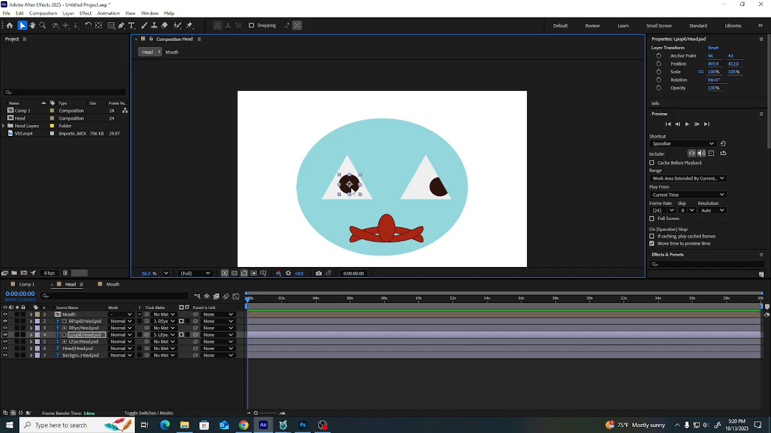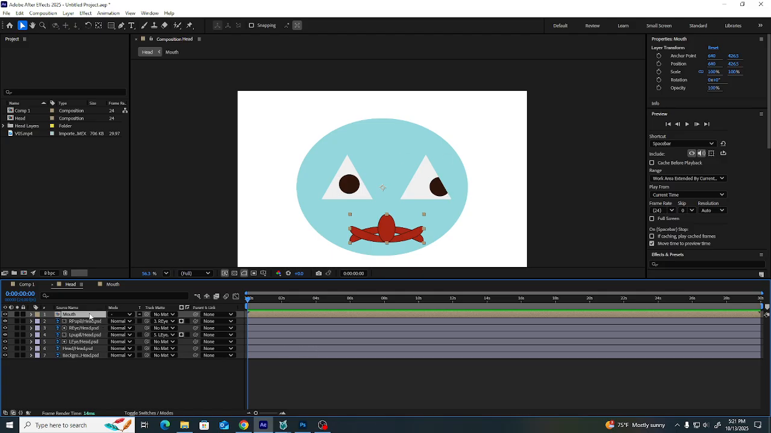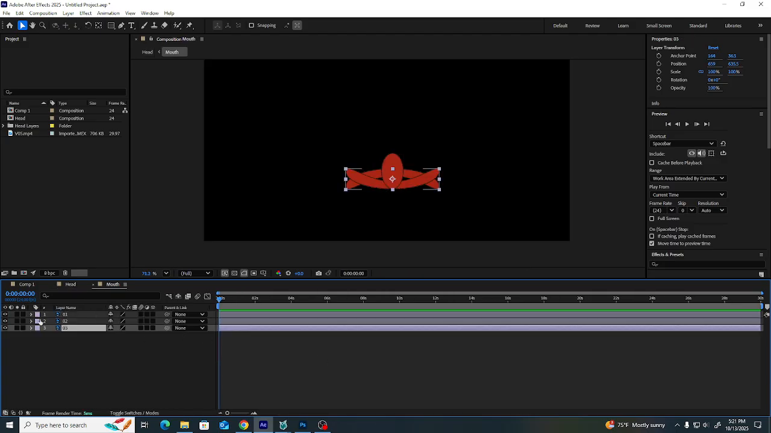Okay. So now we learned about the eye. We have to learn how to animate the mouth. So if we go inside the mouth, let's say for the first couple of seconds, I want to see the first layer. So I have to go to the opacity,